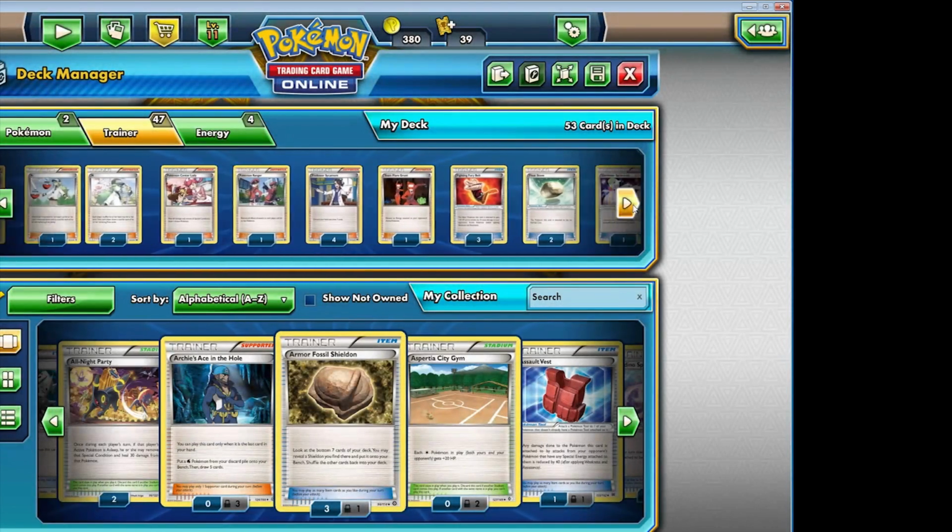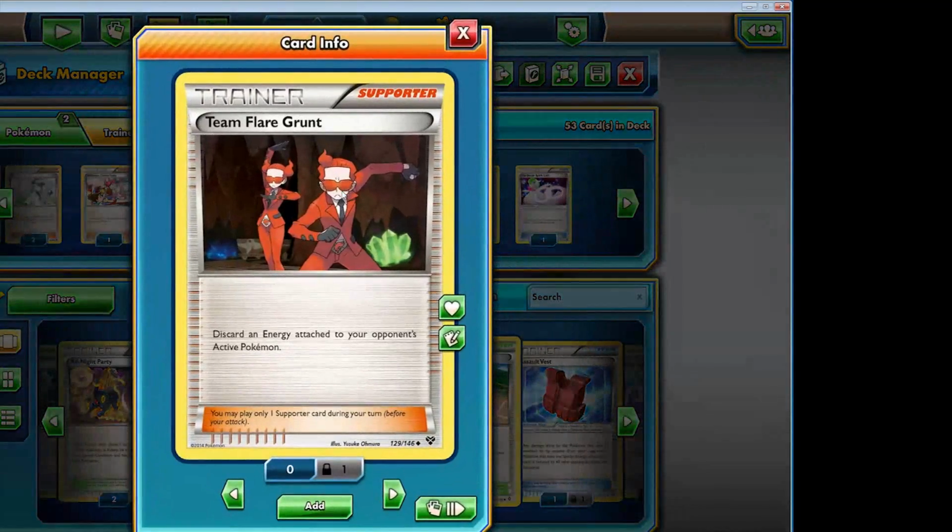Alright, next thing we're going to talk about is fighting Team Flare Grunt. Team Flare Grunt: discard an energy card attached to your opponent's active Pokemon. Now the nice thing about Team Flare Grunt, it doesn't specify basic or special, so you can pick anything. Definitely a one of, because you're going to want to have this card if you ever need to counter someone's